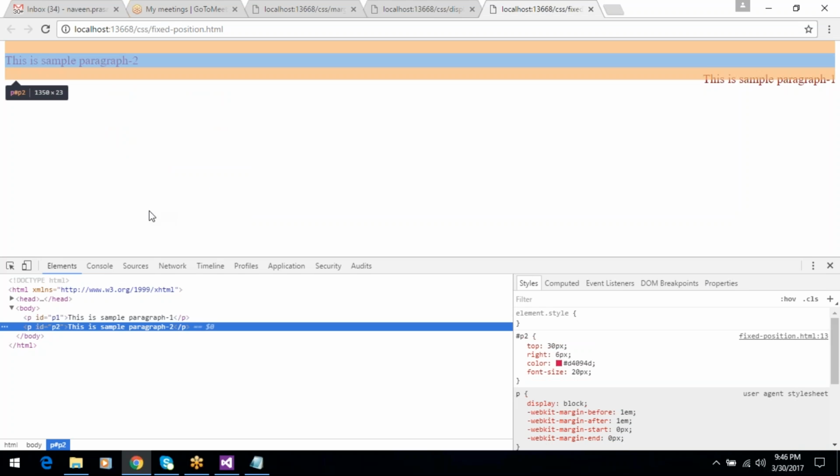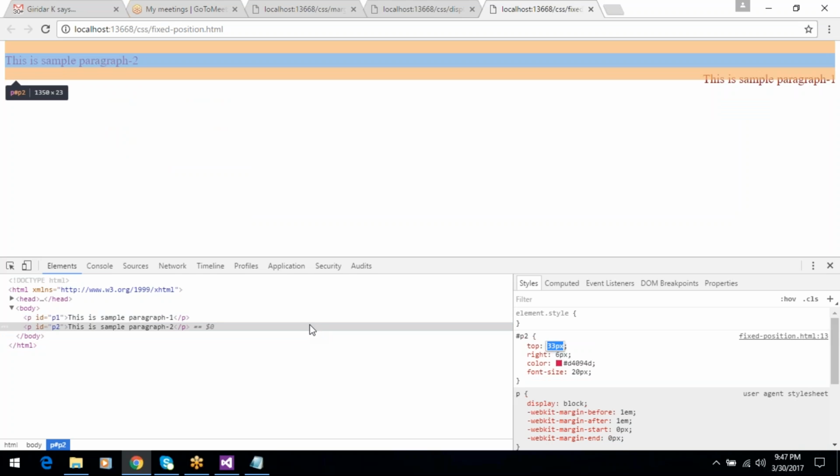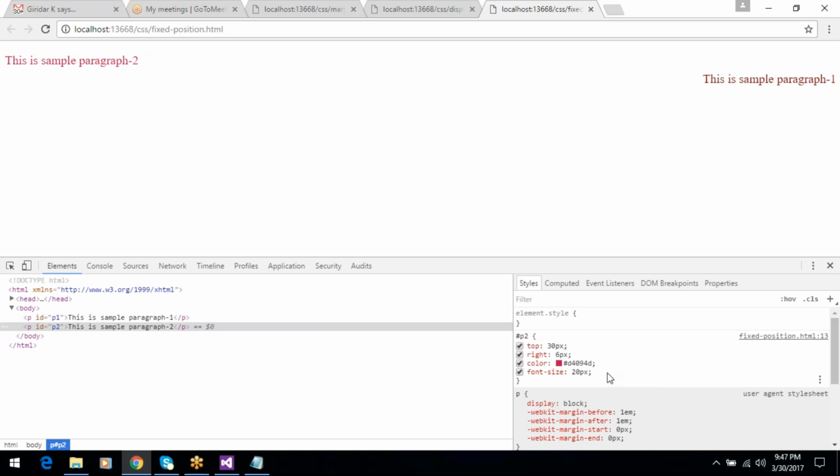Okay, so this is paragraph 2 position. Okay, so you can change like this. Okay, we cannot change the position. 30 pixel, and if we use